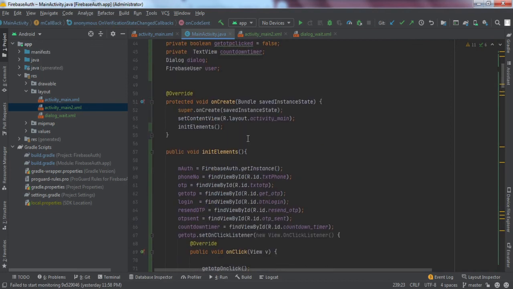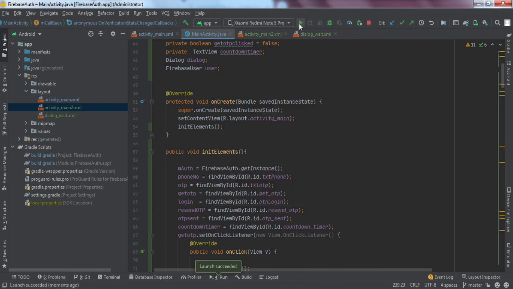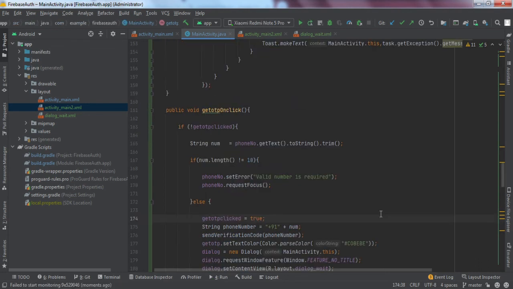Now I'm gonna quickly install the app onto my cell phone and run it, as this tutorial has already been very long. So let me quickly connect my cell phone and install the app, right? Okay guys, the app has been installed and it seems like it is crashing when I get the OTP on this. So